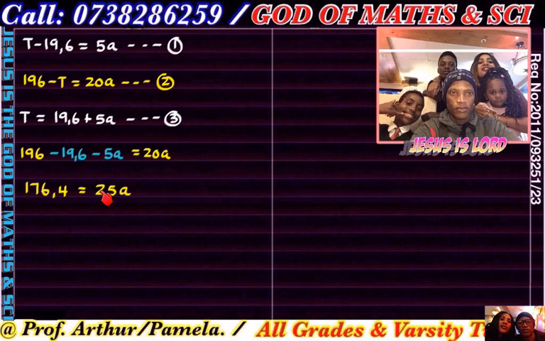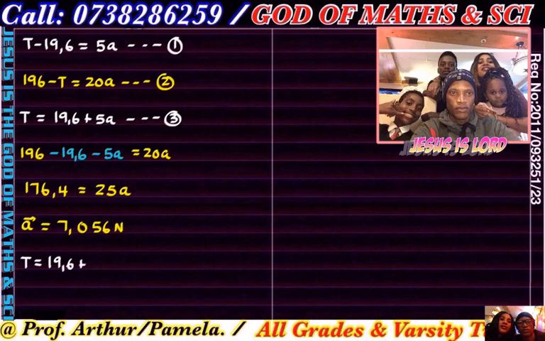176.4 equals 25a. Divide by 25 on both sides to get yourself an acceleration. So the acceleration becomes 7.056. I'm going to put all the numbers in. I'm not going to wait for them to ask me for the tension; I'm going to substitute it there. So I'm also going to say tension equals